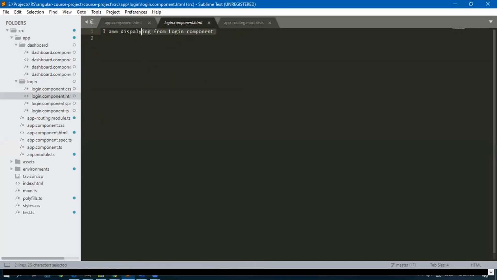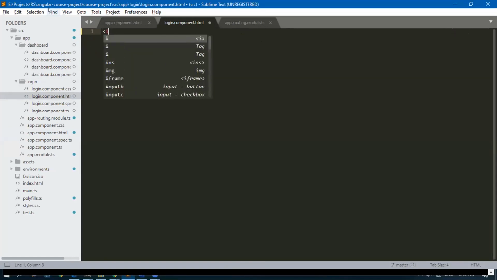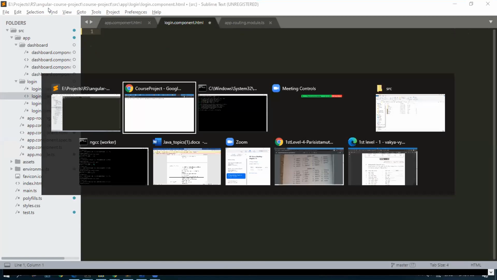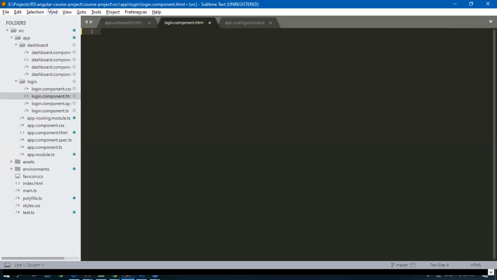We will go to the login and I'll create an input.